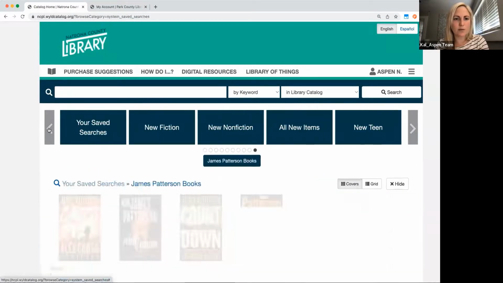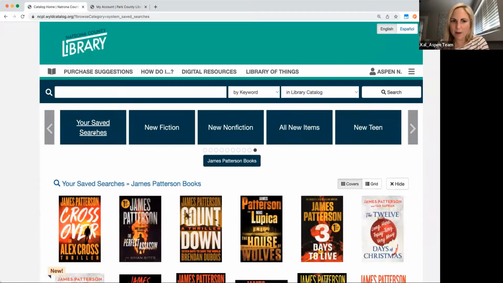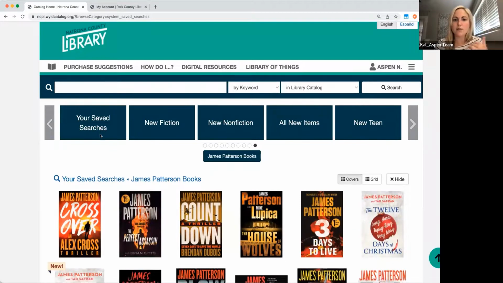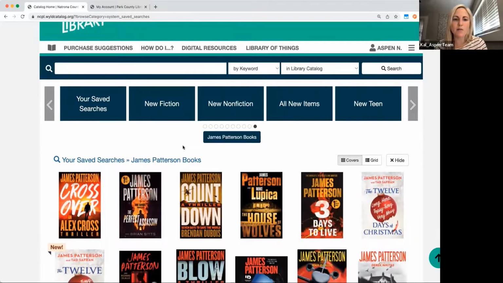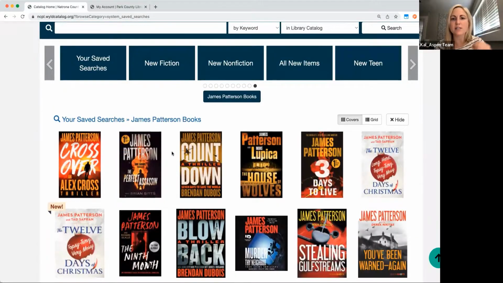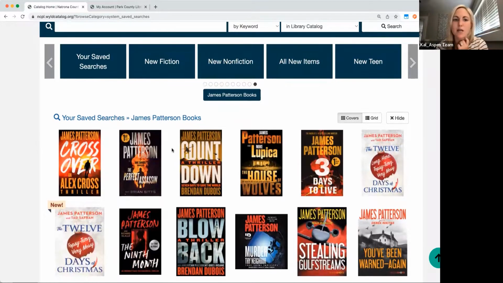And I'm going to scroll through. And now I have a new one that popped up, and it's your saved searches. So again, as I add multiples, I can keep adding and keep adding. If I'm really interested in multiple authors and multiple subjects, I could keep making those searches and saving and naming them. And then when I log in, as you catalog and purchase new adult James Patterson fiction books, my saved search will update. So I'll be able to keep track of those titles.